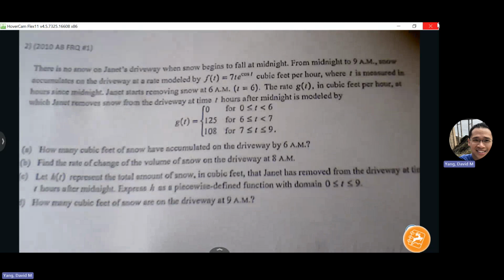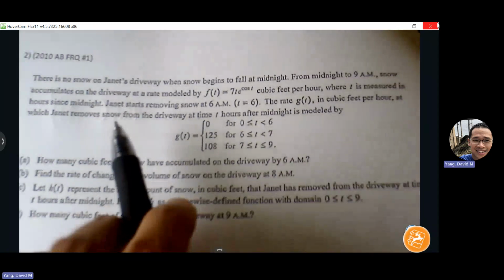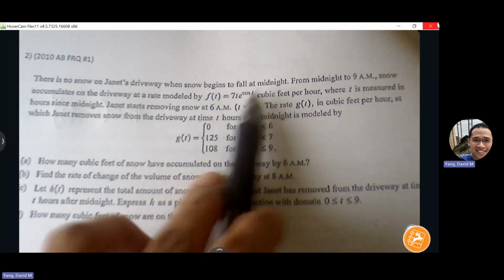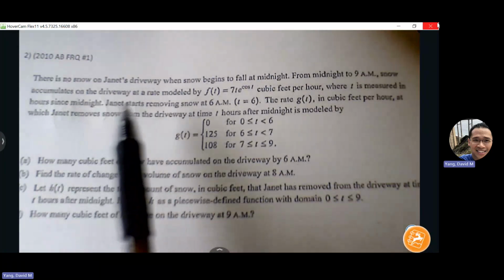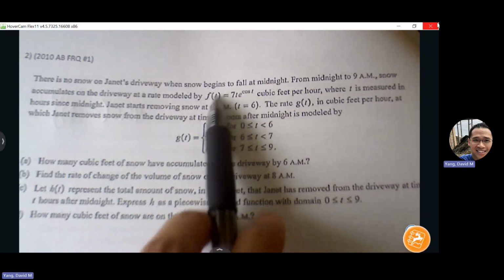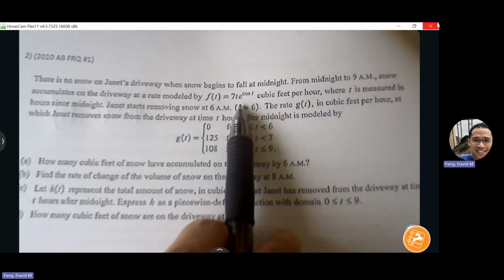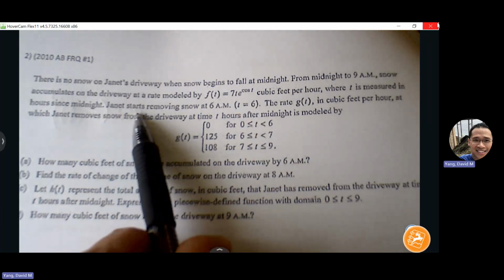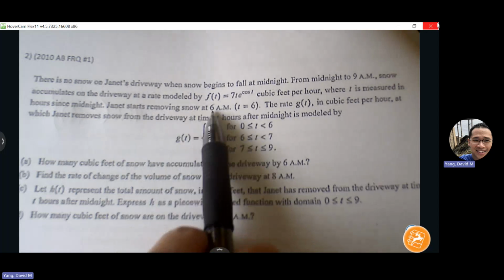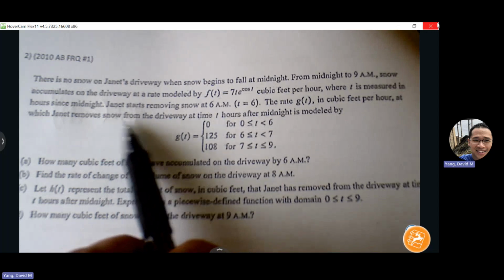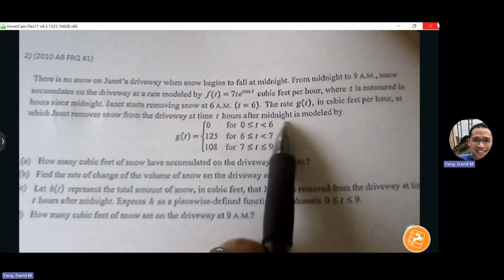Okay, so there is no snow on Janet's driveway when snow begins to fall at midnight. But from midnight to 9 a.m., snow accumulates on the driveway at a rate modeled by F of T cubic feet per hour. So this is the rate at which snow is falling, where T is measured in hours since midnight. Janet starts removing snow at 6 a.m. The rate in cubic feet at which Janet removes snow from the driveway after midnight is modeled by